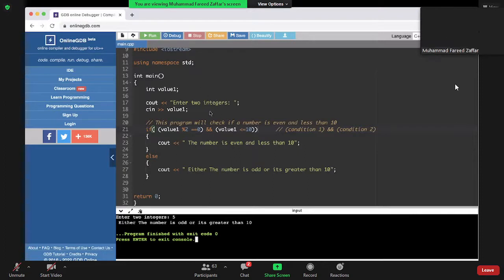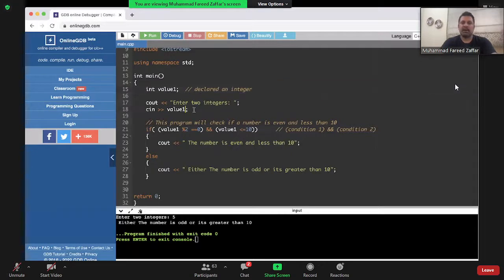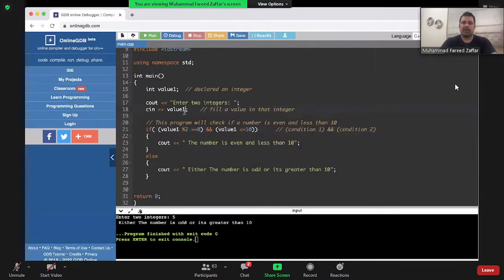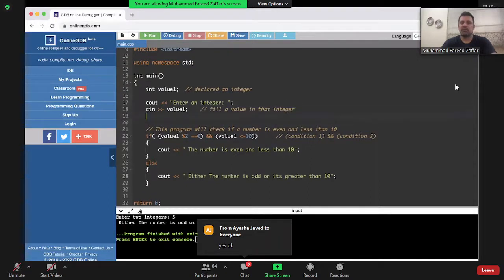सो एसेंशियली आयशा, हम सीन कर रहे हैं लेकिन हम एक इंटीजर सीन कर रहे हैं. सो देखें हमने क्या किया था. वी हैव डिक्लेयर्ड एन इंटीजर and we are asking the user to fill a value in that int, right? So यहां मैंने उसको बता दिया कि एक इंटीजर आएगा और यहां मैंने यूजर को कहा एक इंटीजर एंटर करें. ठीक है. So yeah, we have declared an integer and we are getting the user to input that integer